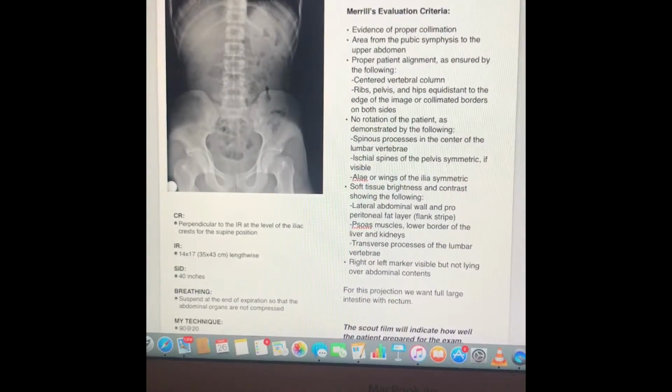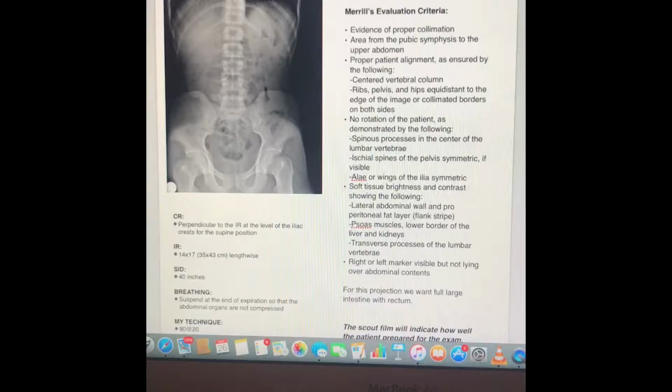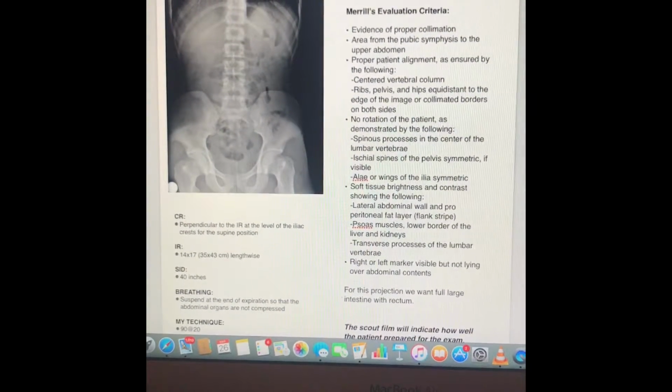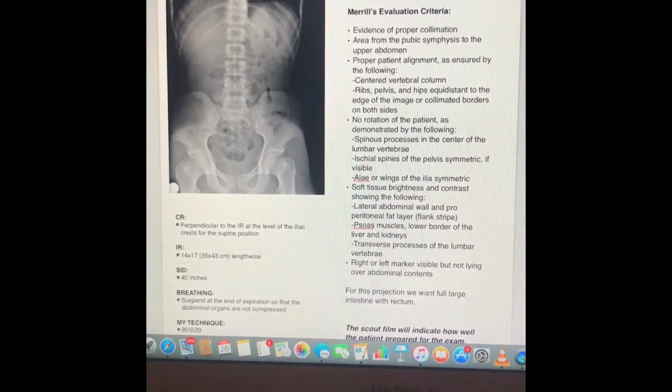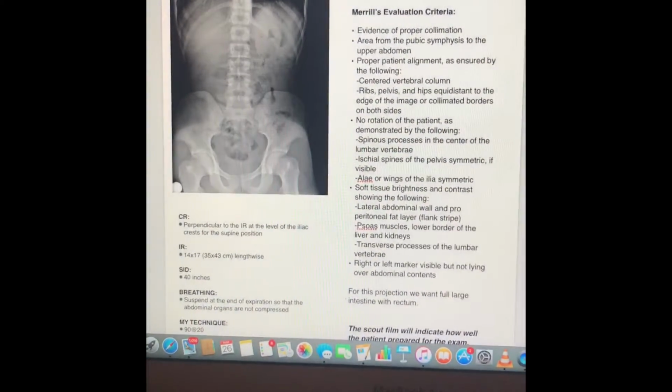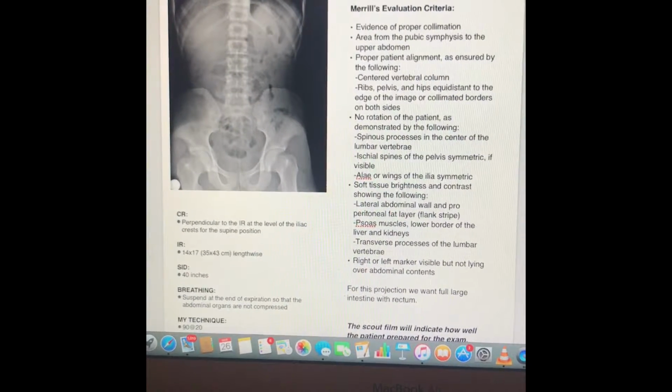Okay, now I'm going to be doing my image evaluations for the BE exam. My first image was a scout AP projection. The patient was in supine position. I used Merrill's evaluation criteria for a KUB,